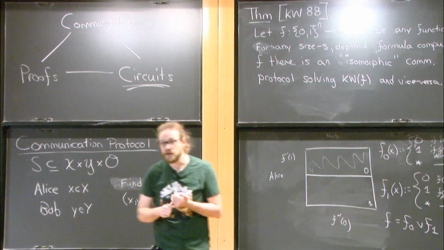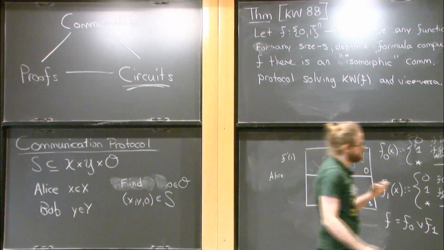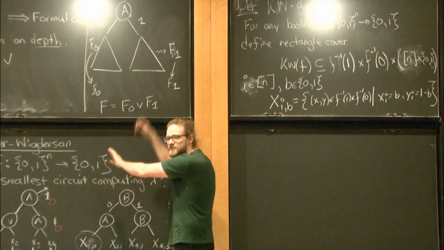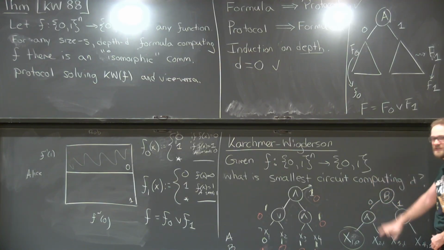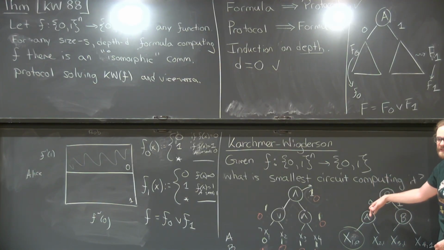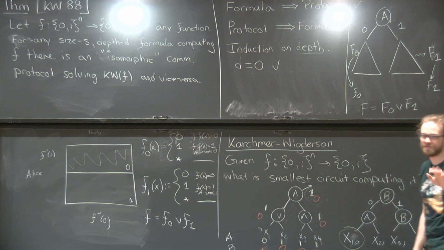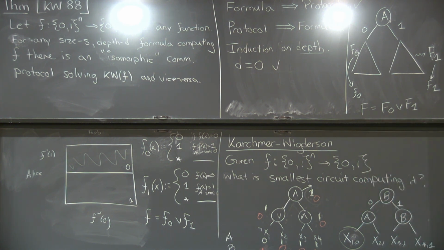Say it again. Where did you use that in the formula? Oh, it's just that we never reuse anything. This proof always proceeds from the top down, so you're always going to exactly one place, the same thing as when you're going from the bottom up. So you're never actually going to go to a gate and reuse it. Everything is a tree. But there's a version for circuits, and actually we'll get into that.